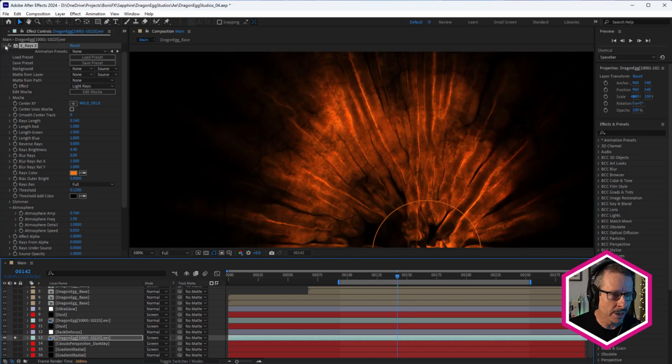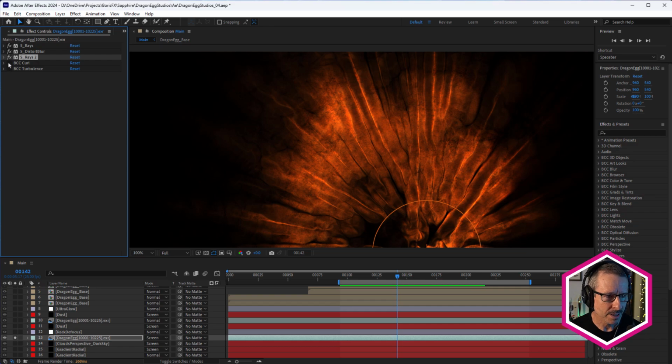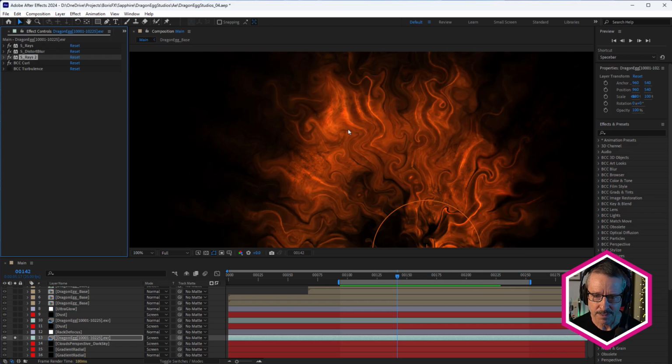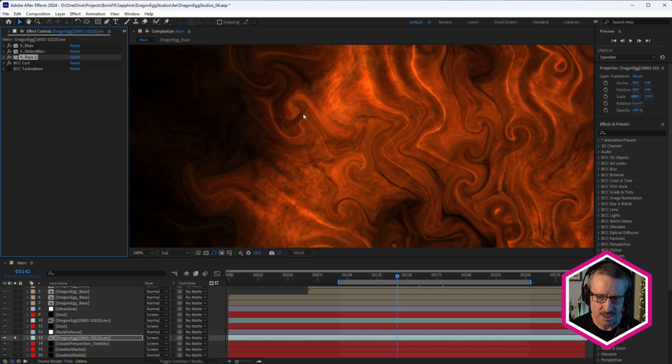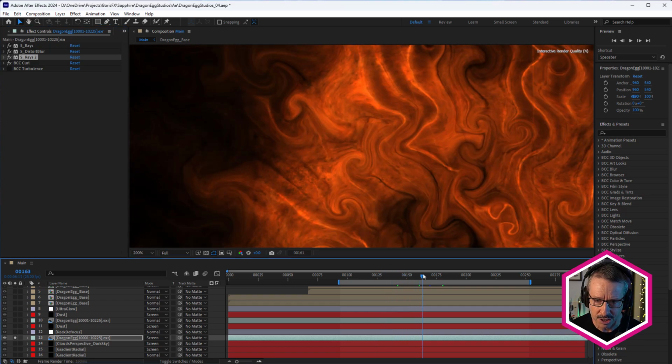Now, at this point, I was searching through the Sapphire Distort category, trying to find something that would make it look a little more like fire. And I couldn't really find what I was looking for, so this is where Continuum came in, my favorite curl effect. This curl effect has a really interesting distortion where it curls the layer, it distorts the layer into curls.